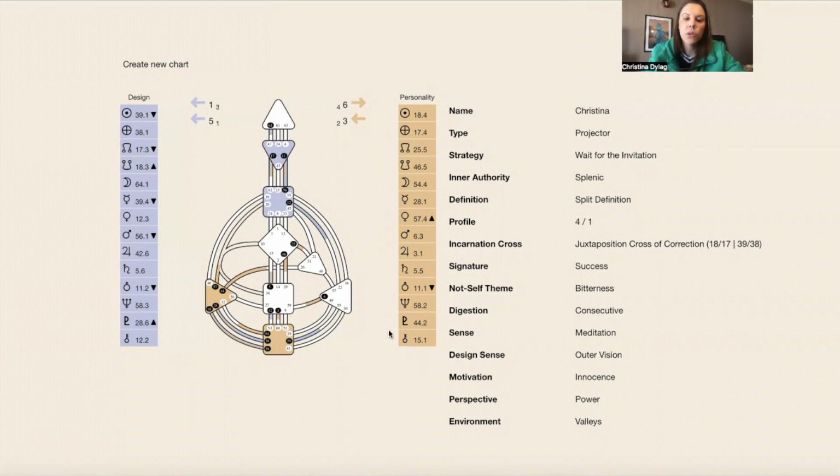So the right-hand side correlates to your exact time of birth. The left-hand side is 88 days prior to your time of birth. So this is another really interesting aspect of human design, in that it also gives you these aspects of yourself that you may not be consciously aware of. This is your unconscious side. And basically, these are the placements from more or less 3 months before your birth. And it's because you're in the womb at this point in time, it's also coding you with these unique facets